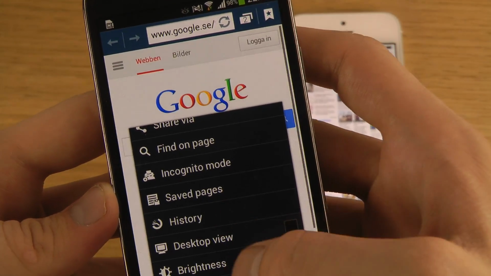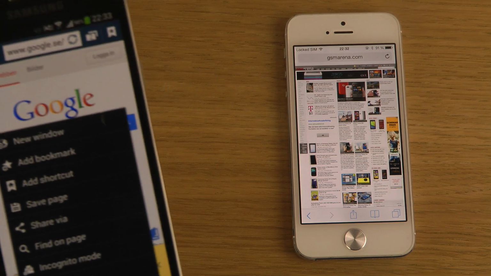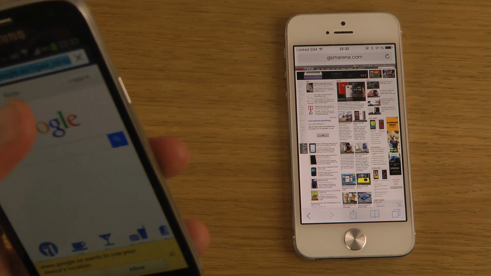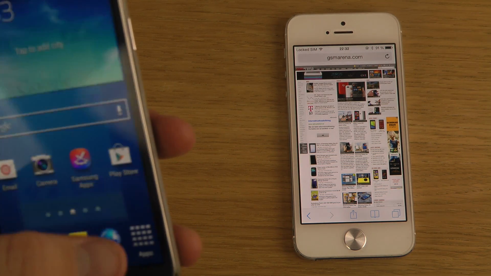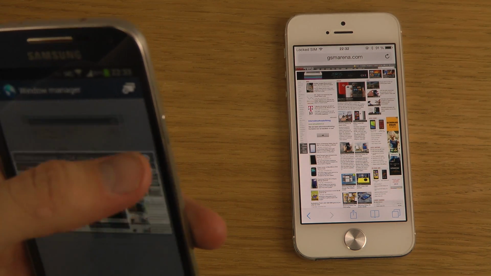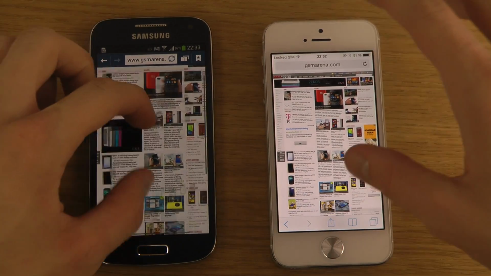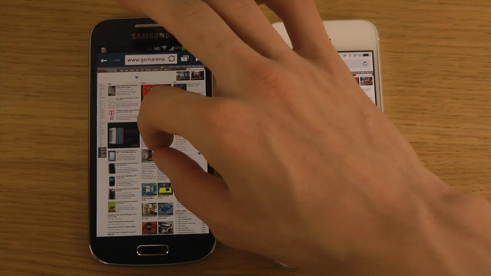You also do have the history, which I don't think we get in the iPhone browser. But still, of course, it's probably not a big deal in terms of features. Many of the features are pretty much the same. So now if we compare the performance here when we go in and out, let's start off here